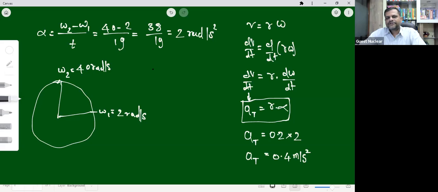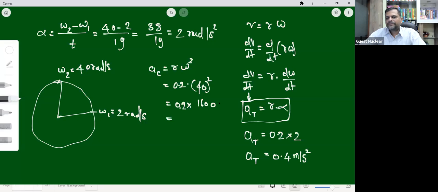And at the same time, the centripetal acceleration can also be found by using the formula r into omega square, where r is again 0.2 here, and for omega we have to take 40 radian per second, because we want the ratio with the centripetal acceleration after 19 seconds, so we have to use omega as 40. And its square is 1600, so 0.2 into 1600, which is going to be equal to